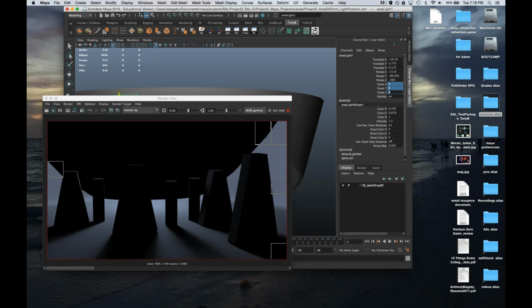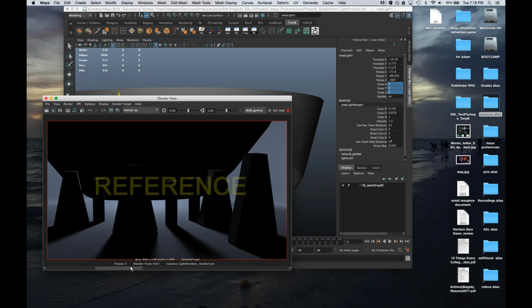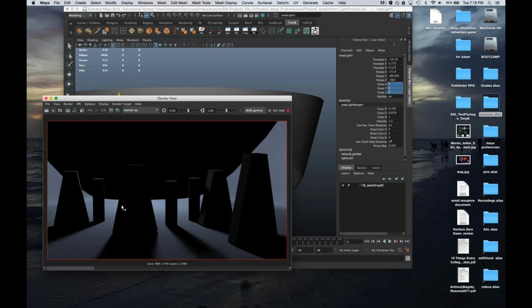No, so let's go 1. So there we go. 1 is the correct setting, and that's the area light.